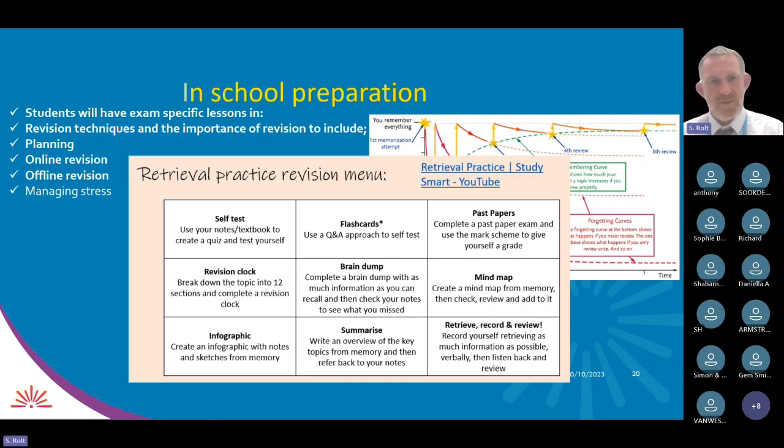So there's a short-term and long-term memory, and by going back and revisiting things, our brain starts to shift topics and knowledge and understanding into our long-term memory. And the more we do it, the more goes into our long-term memory. So the importance of revision is to actually do revision regularly, and this includes going back over